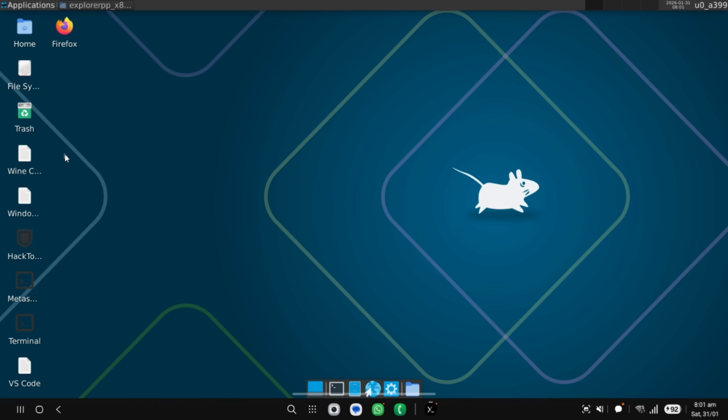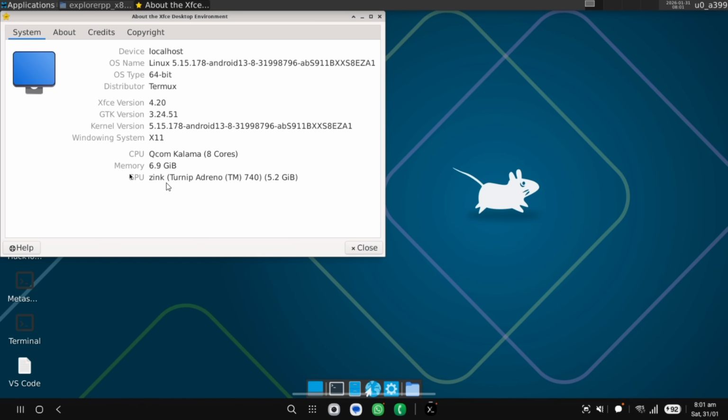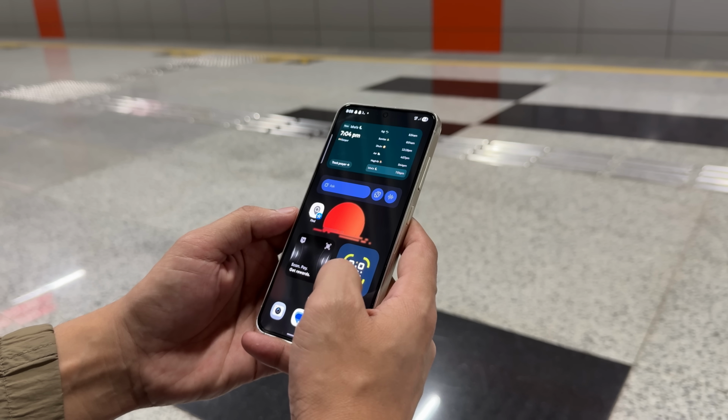And that's it. You've successfully installed a full Linux desktop on your Android phone without root, without VNC, and with